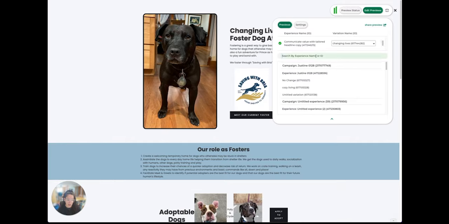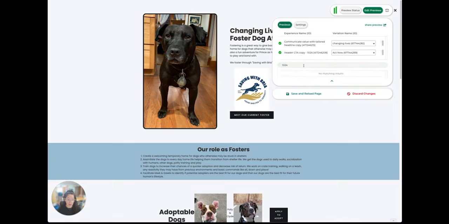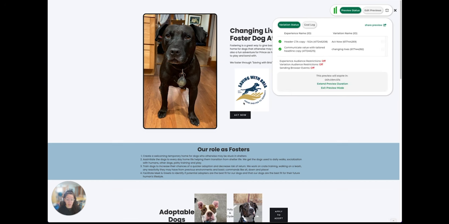And so I am going to go find my other experience that we already built together. Again, you can search for a name. So another reason why it's super important. Then I'm going to select the Act Now variation, and I'm going to try to run both of these together. And so now you can actually see what does it look like for a visitor when you have more than